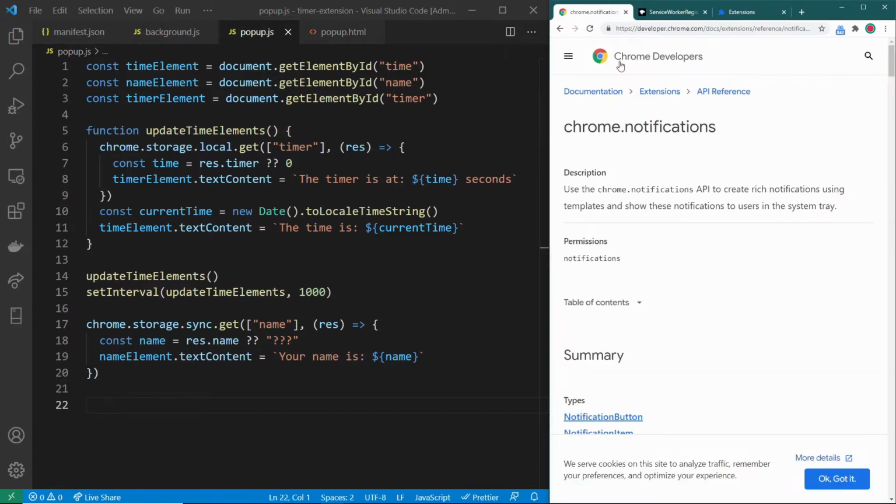Well, that's where the Chrome notification API used to come in. Because you could use this Chrome notification API to create an actual desktop notification to the user. And I say this is where it used to be used because now in Manifest version 3, our background scripts